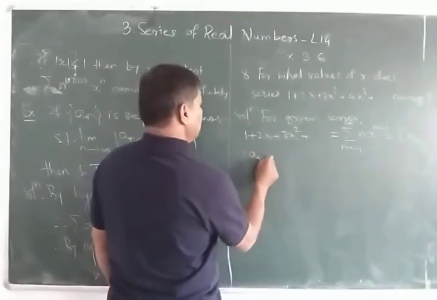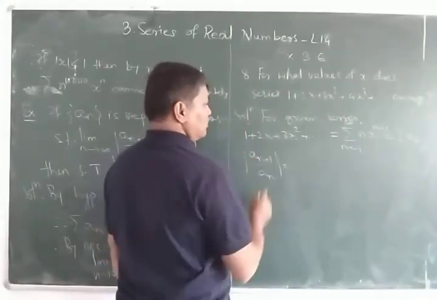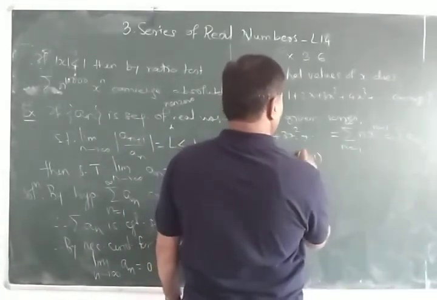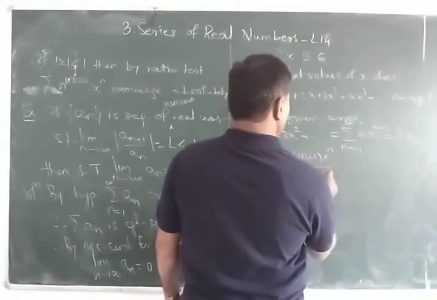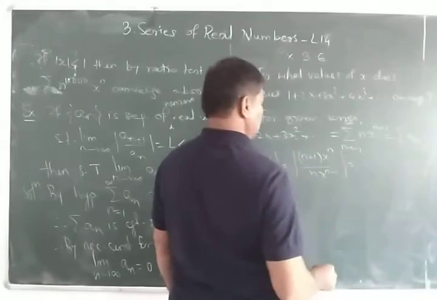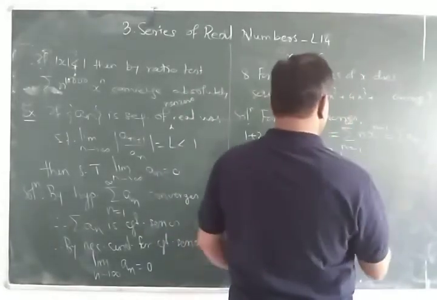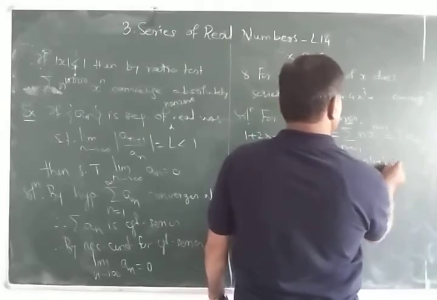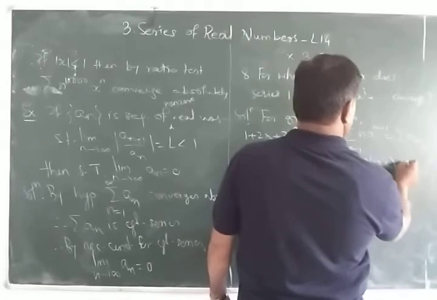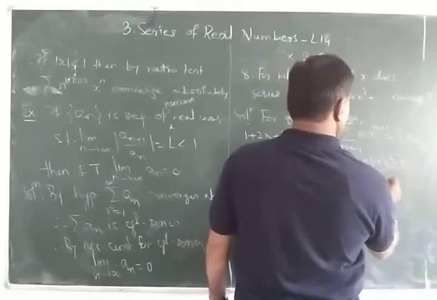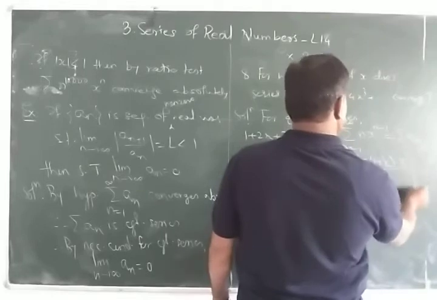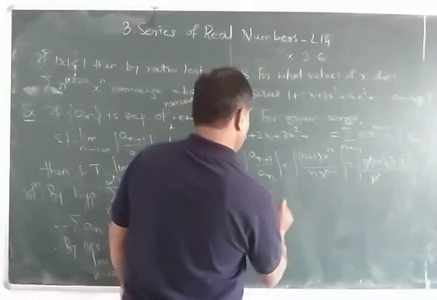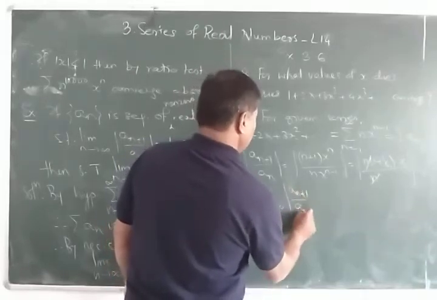Mod of a(n plus 1) upon an is equal to mod of (n plus 1) into x raised to n upon n into x raised to n minus 1, which is nothing but (1 plus 1 upon n) into x, where n into x raised to n get cancelled. Therefore, limit n tends to infinity of mod of a(n plus 1) upon an